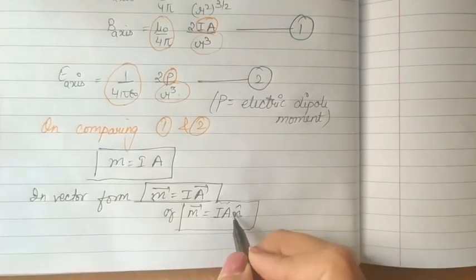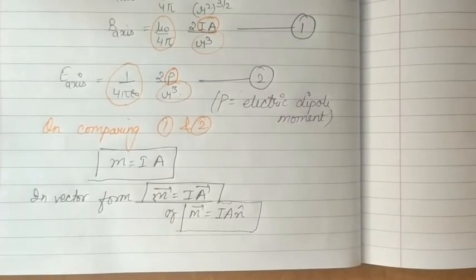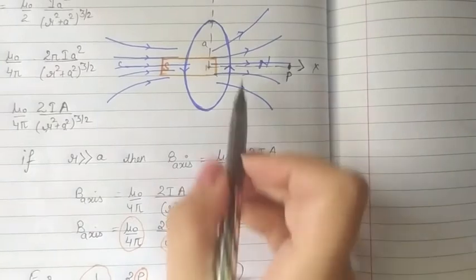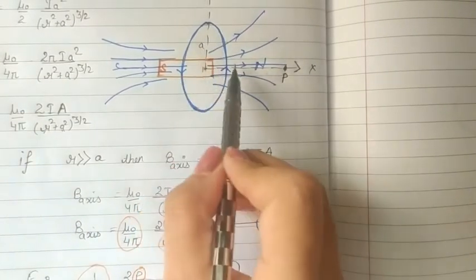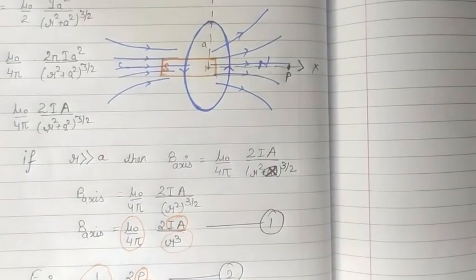To find this direction n cap, we are going to use the right hand thumb rule. It is actually in the direction of north polarity, because the right hand thumb rule states that if we curl the fingers of the right hand in the direction of current in the loop, then the extended thumb gives the direction of the magnetic moment. Same as in the case of magnetic field lines. जैसे हमें right hand thumb rule ने magnetic field lines की direction दिए थे, in the similar manner it will give us the direction of magnetic dipole moment.